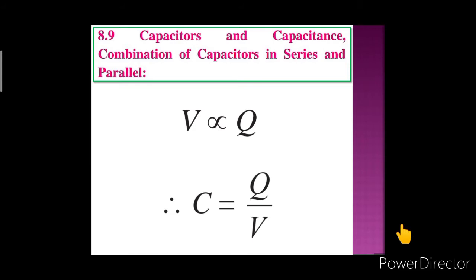A capacitor does not condense energy as such, but it stores energy. There are many applications of capacitors, such as tuning in radio circuits, smoothing rectified current in power supplies, eliminating sparking of points when they are opened or closed in the ignition system of an automobile engine, and also storage of a large amount of charge for use in nuclear reactors.